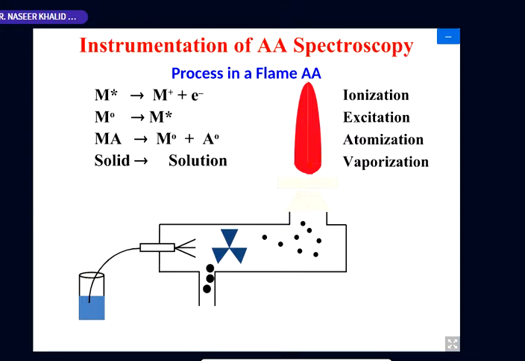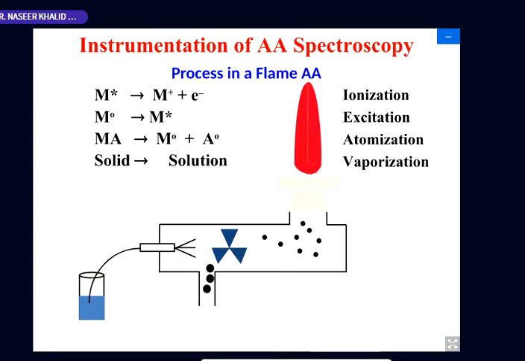And the temperature of this flame is not uniform. It has a different temperature. It has a very low temperature at the bottom. The temperature profile increases as we go above the height in the flame, and this is maximum at the top of the flame. Here, because the temperature is low, the low temperature processes could occur. At higher positions, those processes will occur which need high energy.